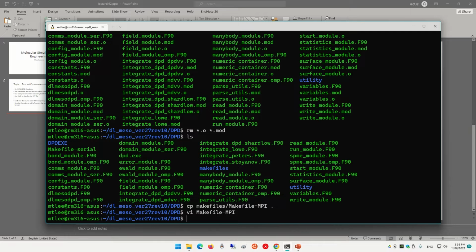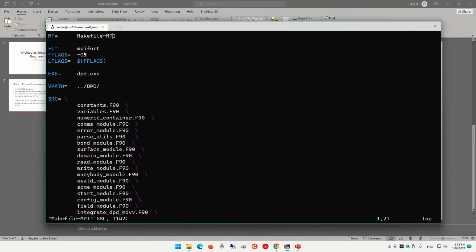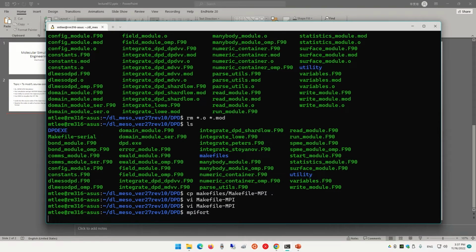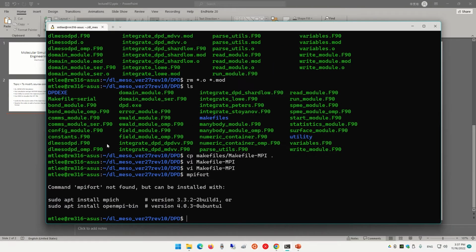And before that, we need to know whether we have everything we need for installing the program. The program uses MPI, so let's see whether we have that. MPIFORT, we do not have that, and we see there's instructions. We don't have MPIFORT, so we need to install it with this command.